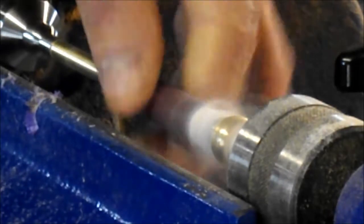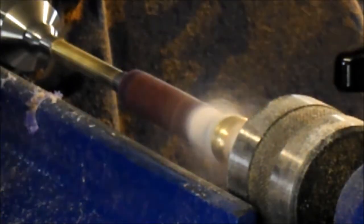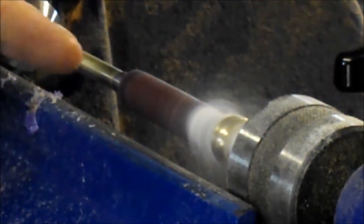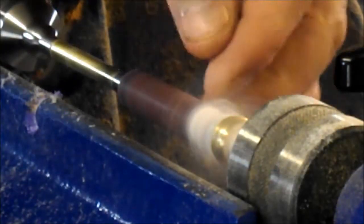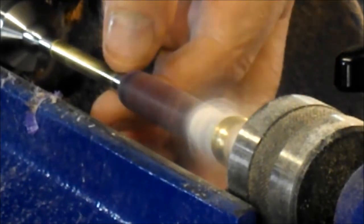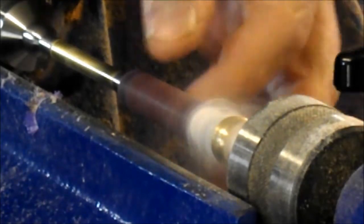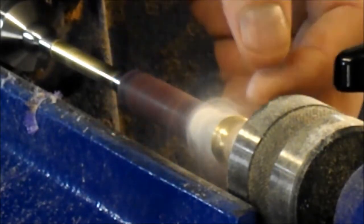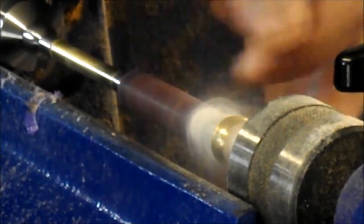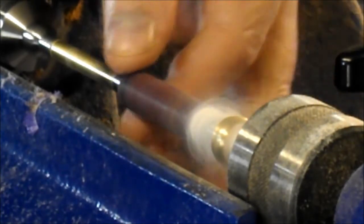So once I get to this stage, I've got this completely round now, and pretty smooth, but that doesn't really matter at this stage. I'm going to start to shape this now. Obviously this is a nib end. What I tend to do is narrow this end down to a point, or at least to where the bushing is, to show me how wide to make it. Although I do make it a little bit wider than the bush, because the pen kits I've got are a bit wider. So I tend to make it a little bit wider at the bottom end here, so that the pen is flush